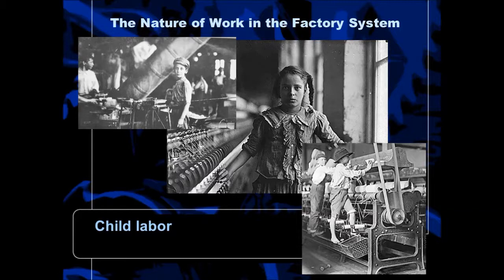So if a textile machine clogs up and a child is sent into the guts of the machine to unclog it, and the machine accidentally turns on and kills them or chops off a finger or a toe, there's no worries for the factory owner. There's no liability there. So child labor, the kids were treated like slaves. Some of them were actually adopted by the owners of the factory and treated as slaves. They were tied to the machines, chained to them. They were paid in nothing but food and water, and they worked 20 hours a day and slept by the machine. Their life was that machine, and they knew it inside and out and how to take care of it.